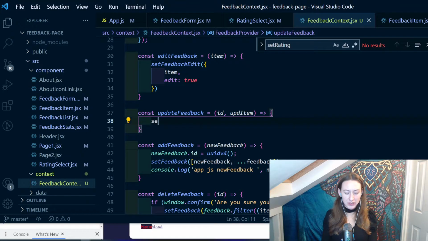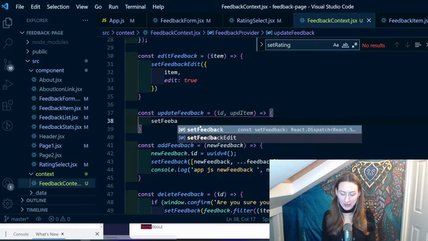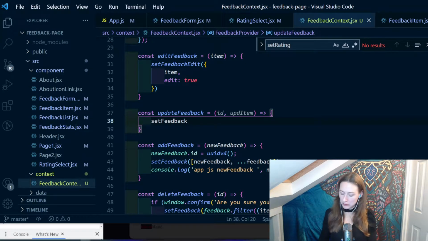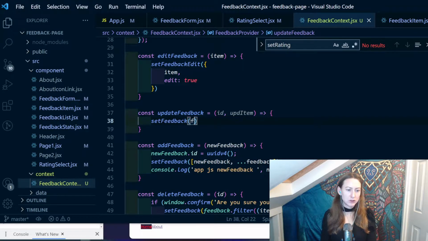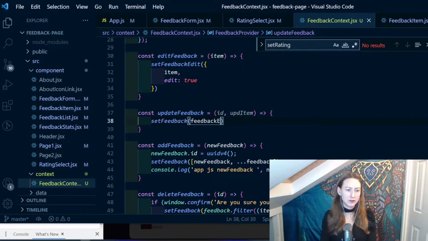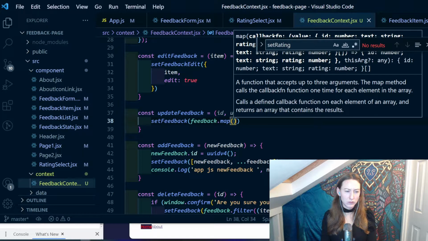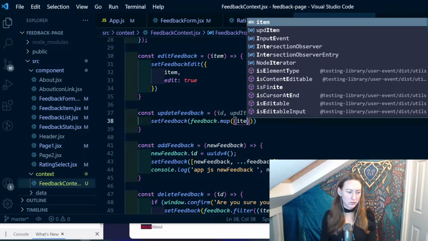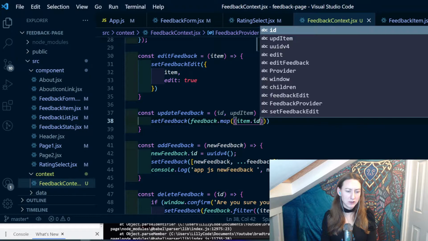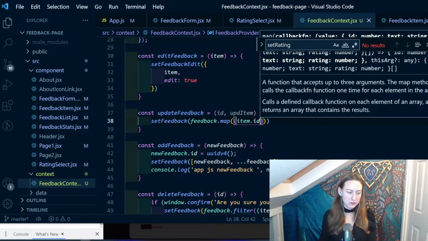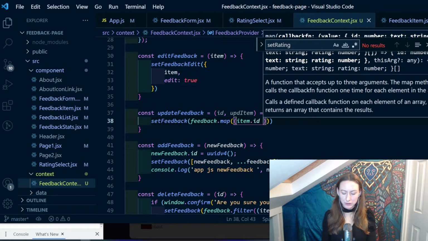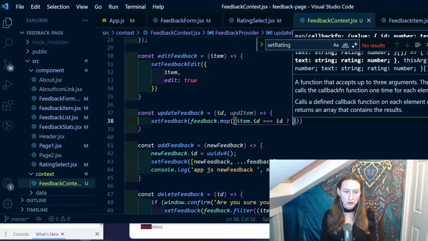So instead what we want to do in here is set feedback, and what we want to do is return a new array with that information changed in it. So that's what we're going to do. So we take the current feedback array and we map over it and check if the item.id, if that's equal to the ID that's coming in,